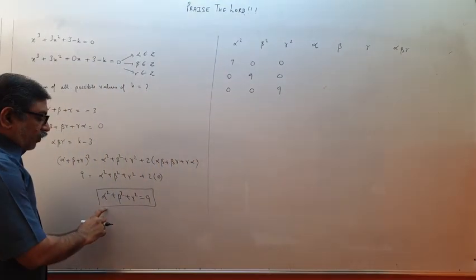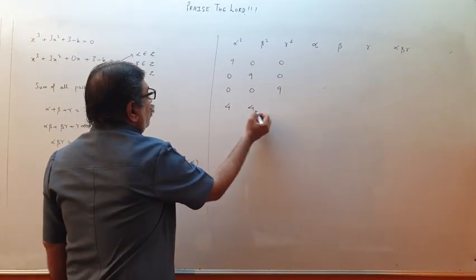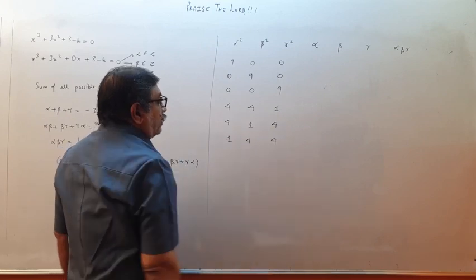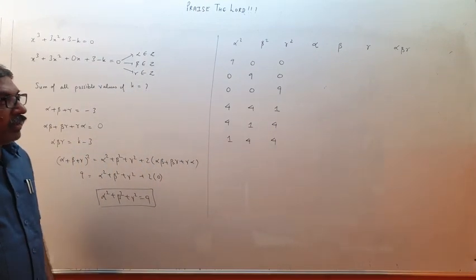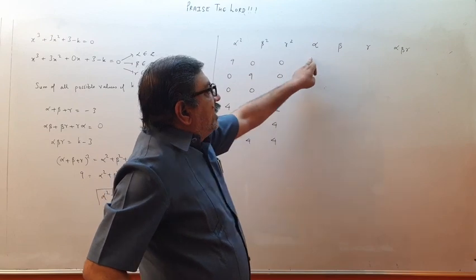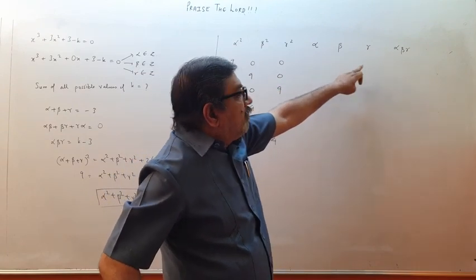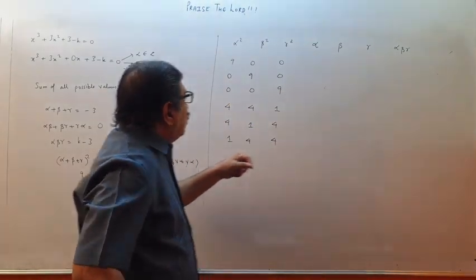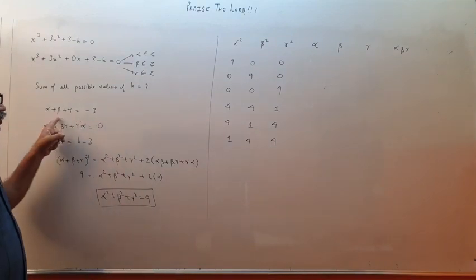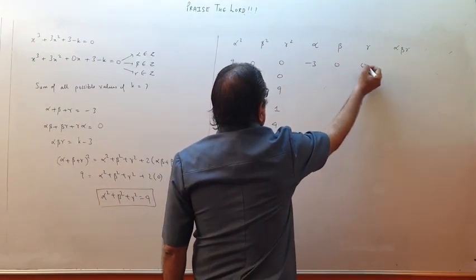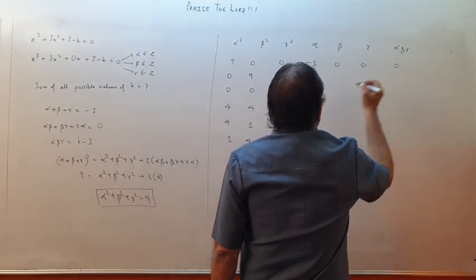Or it can be 4, 4, 1, like this, 4, 4, 1 or 4, 1, 4 or 1, 4, 4. I think there is no other option. Now remember, they are integers, and if I take alpha square is 9, then I can write alpha is plus minus 3, beta will be 0, gamma will be 0. Now if I take alpha as plus minus 3, and these two are zeros, the value should satisfy this equation. So if these two are 0, alpha has to be minus 3. So I cannot take alpha as plus 3. Therefore, if alpha square is 9, I have to take alpha as minus 3, these two as 0. And therefore alpha, beta, gamma will be 0.